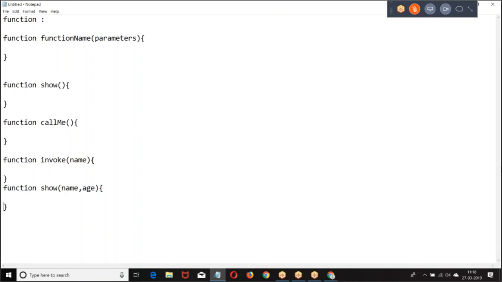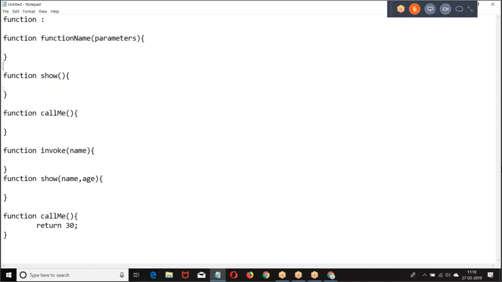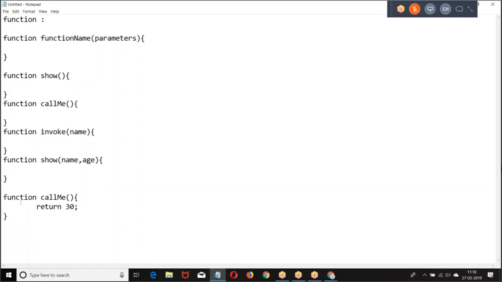Function show name comma age. This is how we are giving. Now, if you want to give a return type, this is how I am giving it. I hope you are good with this functionality.